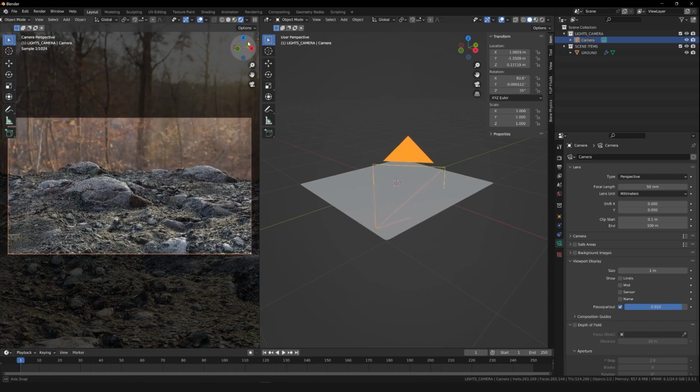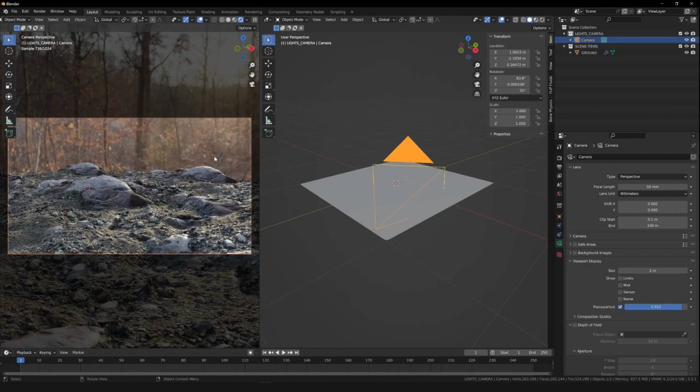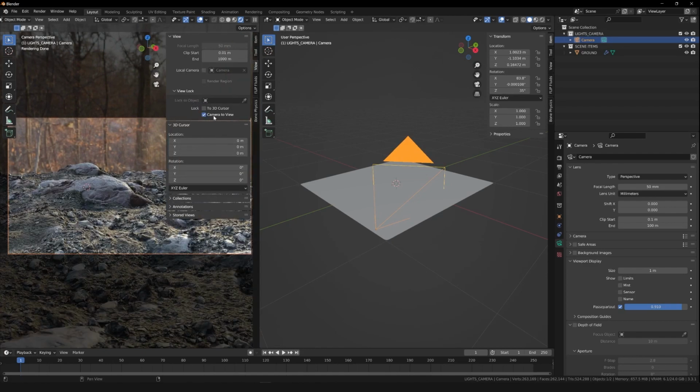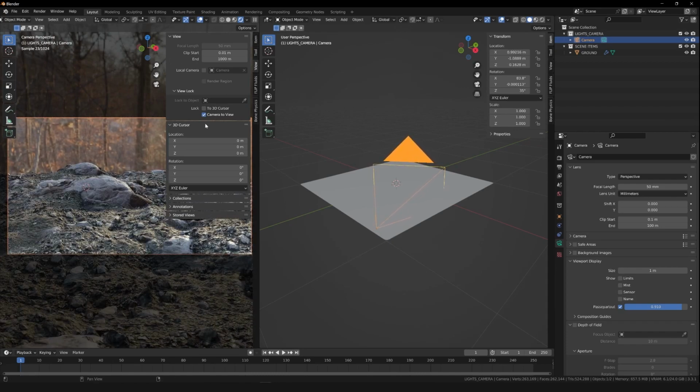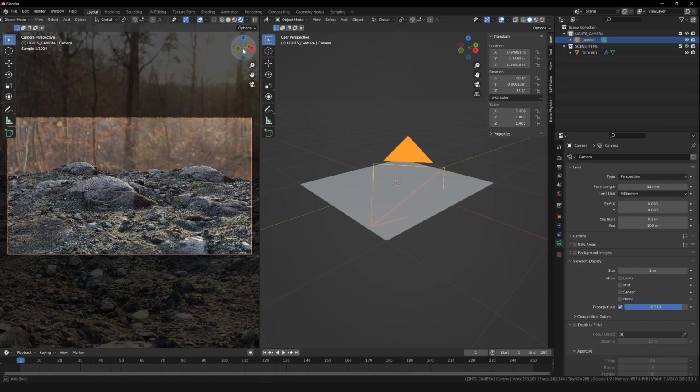Again, that is operated by using N on the keyboard and to turn off camera to view. So if I turn this off, I will now control the size of my frame, and if I turn this back on, I will now control the actual motion of the camera. So that's how to set up the camera, the look of the camera